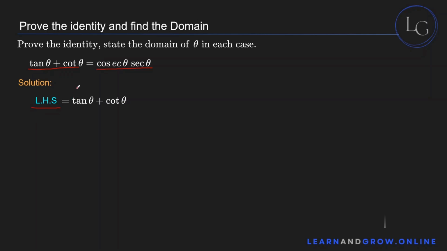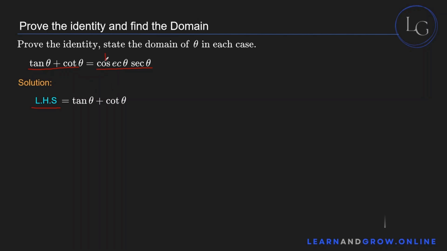Usually, again, you take the side that has the most amount of functions being added up. So basically separate functions, cosecant theta, and on the other side there's just one big function in which many different trigonometric functions are being multiplied. That's hard to prove. The ones that are being added up are easier to prove, which is why we're taking the left hand side over here, tan theta plus cotangent theta, and we'll use the identities to basically convert this